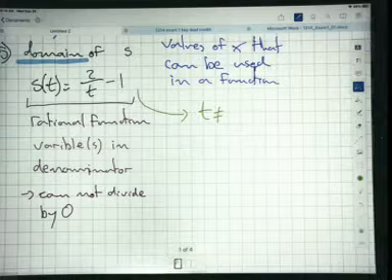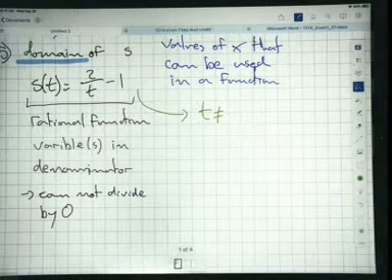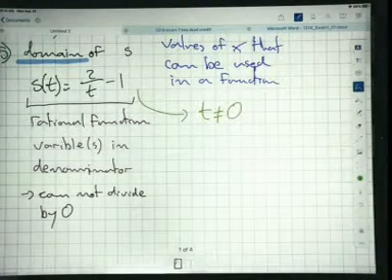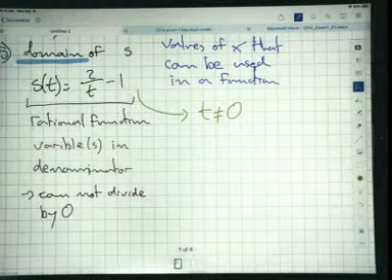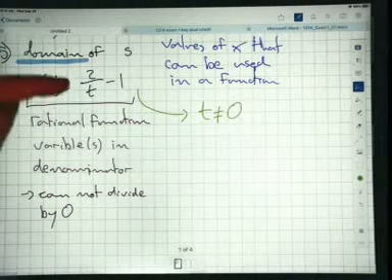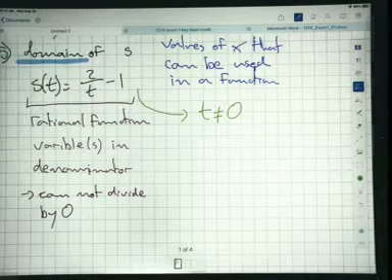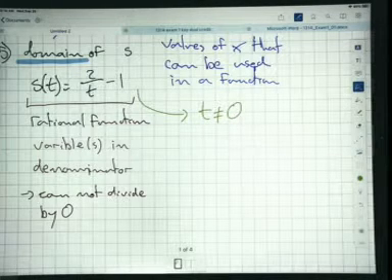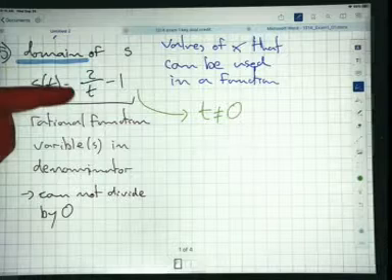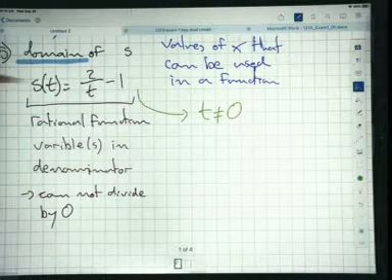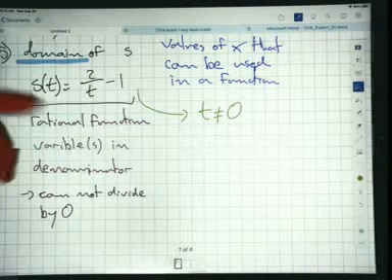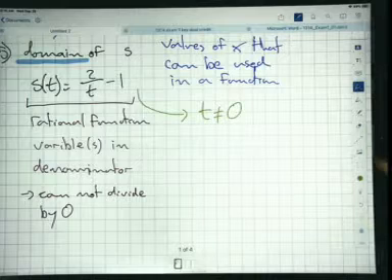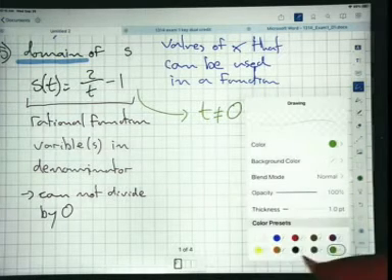What's the one value of t that we can't plug in? 0. That's the one value of t that we cannot plug in. We cannot plug in 0 because if we plug in 0, 2 over 0 is undefined, and we can't subtract 1 from anything that's undefined. But everything else is going to work. You plug in 1, 2 over 1 is 2, minus 1, you get something. Plug in 500, you're going to get some fraction, minus 1, still going to work. So, when it comes to answering the question about our domain,